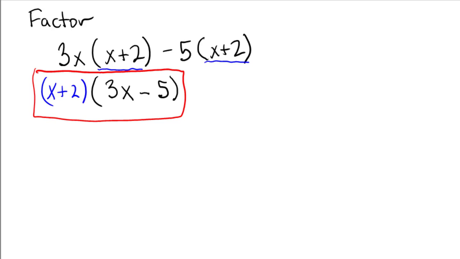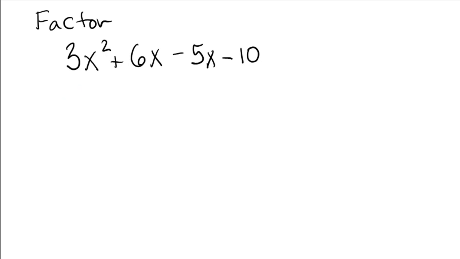Okay, next level, imagine we had this quadrinomial. Well, actually this is technically a trinomial because you might notice that the two middle pieces could combine into a plus 1x, but I'm going to treat this via factoring by grouping. In the first case I'm going to look at those first two and notice that there's a common 3 and a common x, which would leave me with 3x times x plus 2,